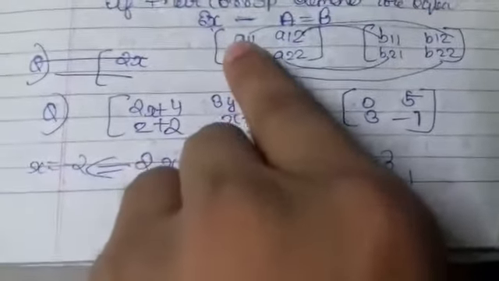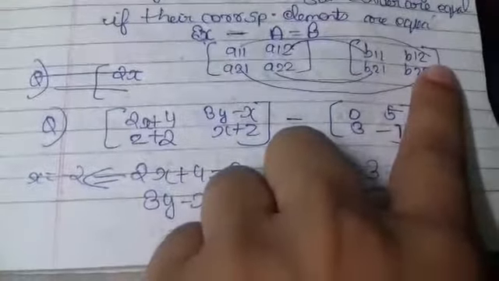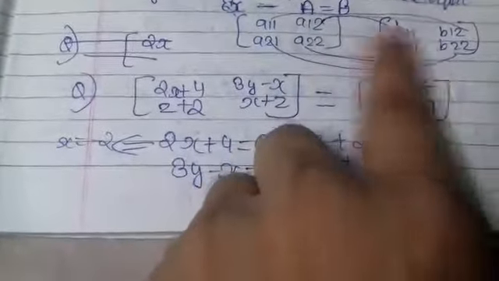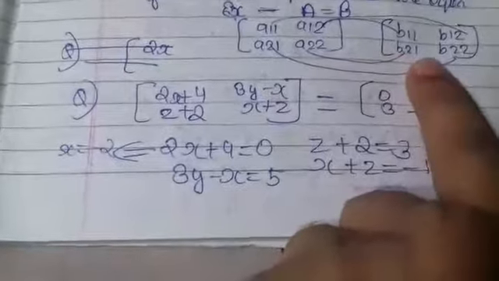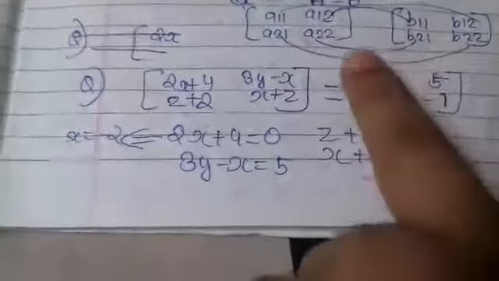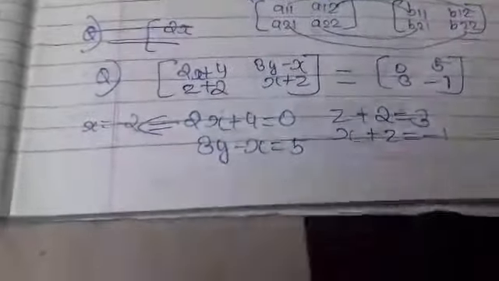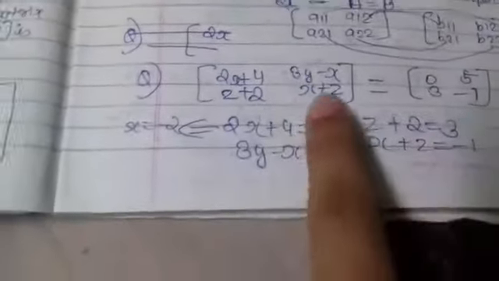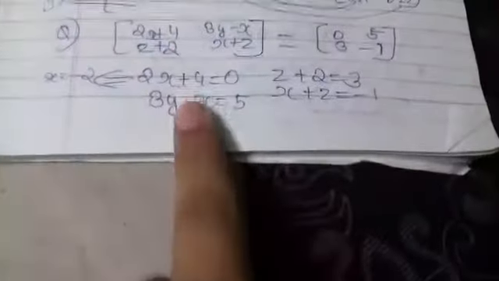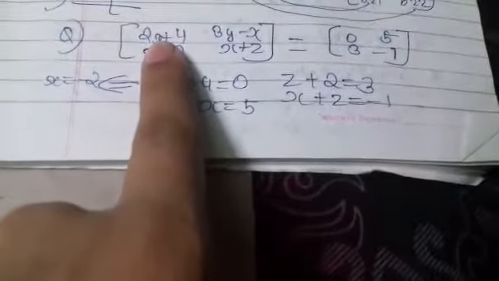I have made arrows showing how you will solve the matrix. A11 will be equal to B11, A12 will be equal to B12, A21 will be equal to B21, and A22 will be equal to B22. I have also taken an example for better understanding. Here I have taken a question with 2 into 2 order matrices. Here you can see 2x plus 4, and as I told you above, A11 should be equal to B11, and